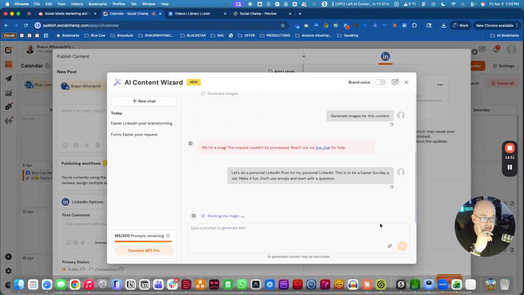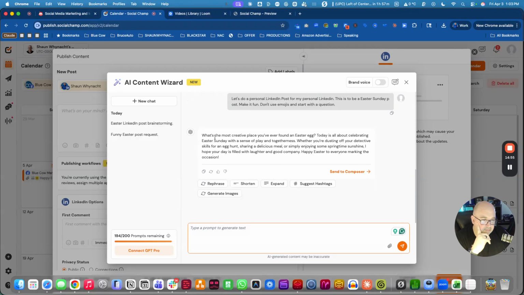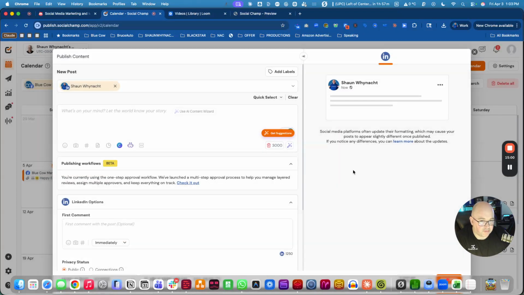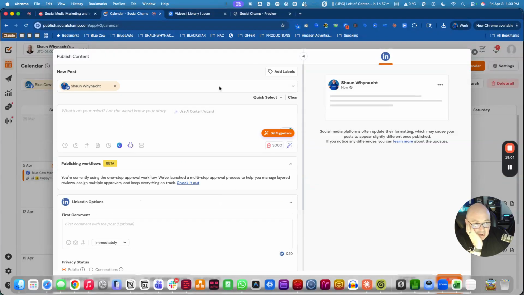So let's just go ahead and redo a prompt and see if it does pretty much the same thing. Yeah, okay, so it did the same thing. So send to the composer, and it's not sending it to the composer. Okay, interesting. Hopefully that's just a bug in there. But what we're going to do here is